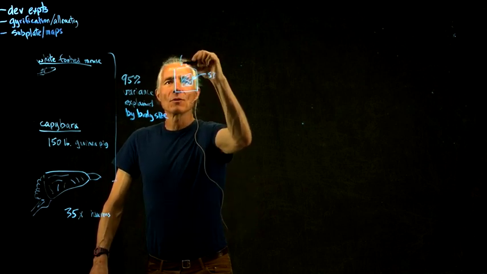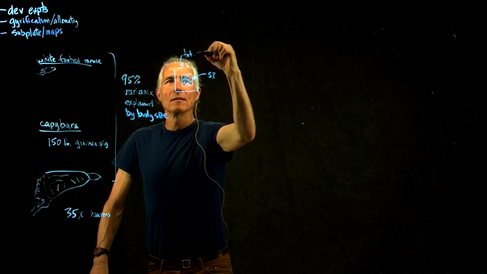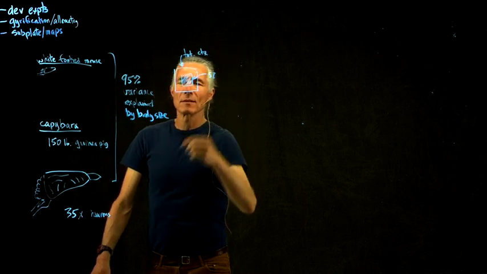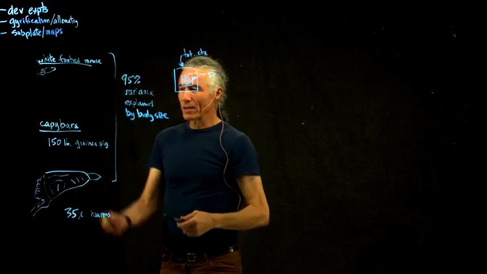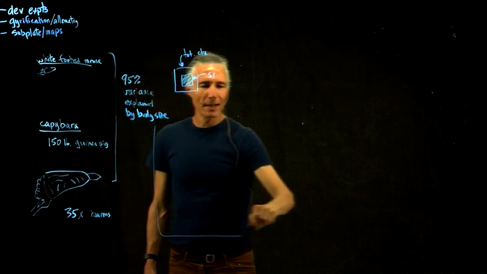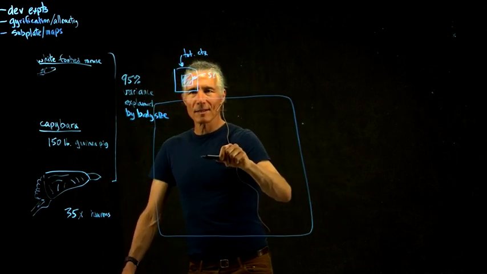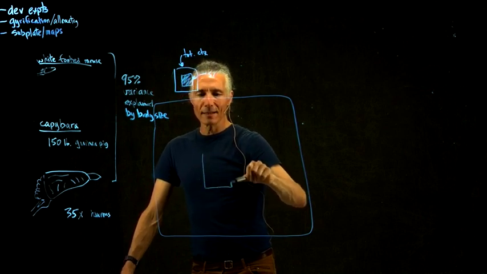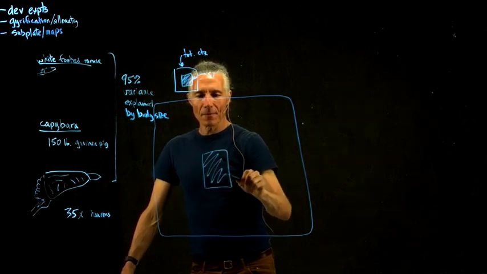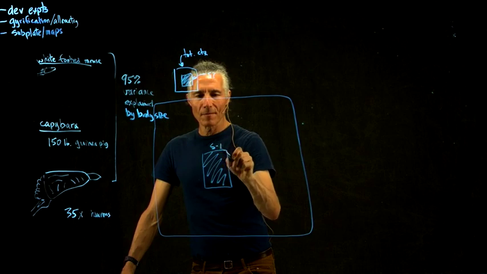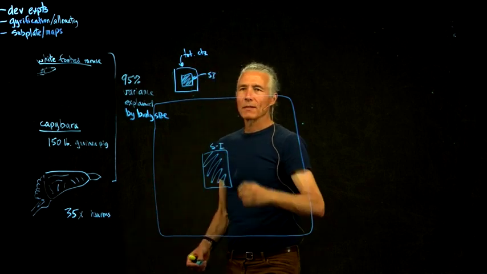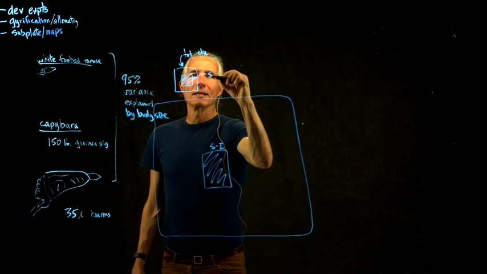So this is total cortex, and there's S1. So what happens if we look at a capybara? Well, a capybara has an enormous cortex by comparison, but if you look at the size of S1, it expands some. So here's S1 in a capybara, but what you see is that there's